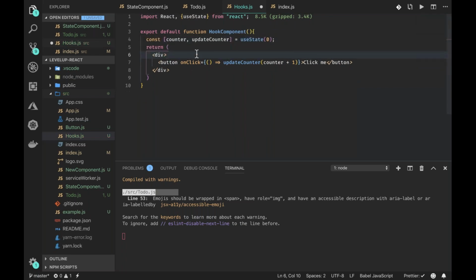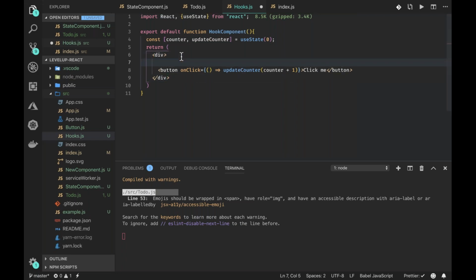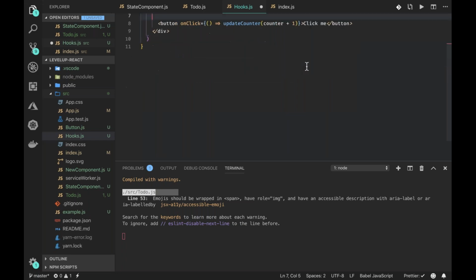Okay, cool. So we have our const, which uses state, and by default the state is set to 0, which is counter. And then updateCounter is the function we're using to actually update our state. So this is like this.setState. Basically we're just saying counter plus 1. So each time we click this button, we want it to show counter plus 1, and then we're just going to render below